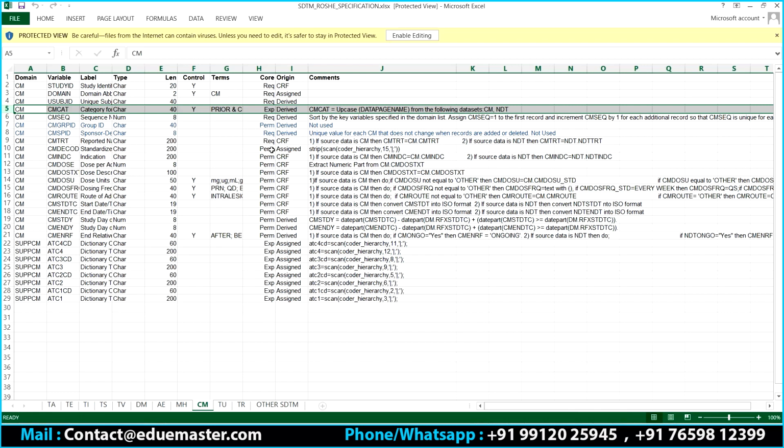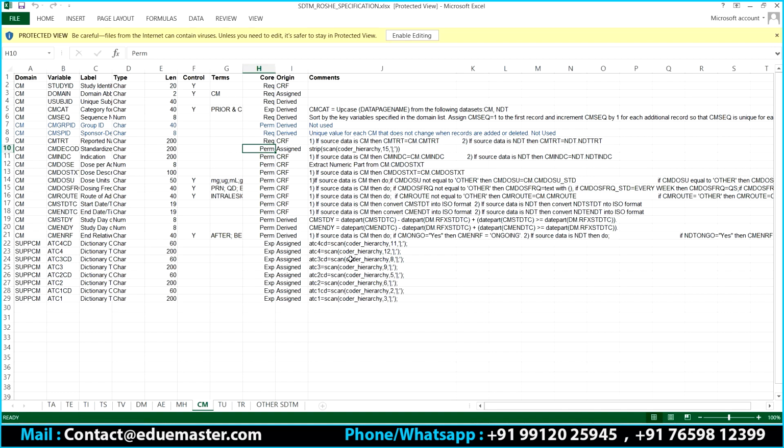Now there is something called PERM. PERM stands for permissible, right? It purely depends on the sponsor whether to include or to drop it. You can have it or you may not have it, no issues at all. Even if you drop it, it's okay. The sponsor or the CRO are the ones who are going to take this particular call. Raja, is that clear? This is on a very high level, but when you go through each domain, we can discuss that in detail. But you can see there are 3 values here. I'm trying to explain that.